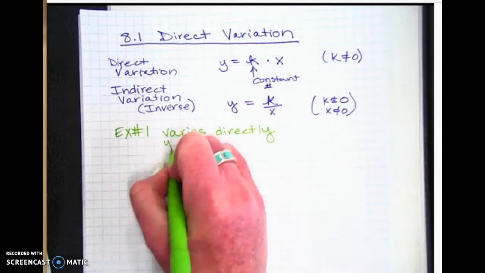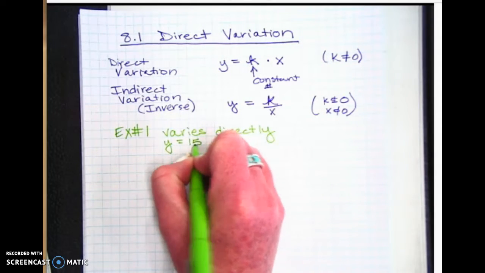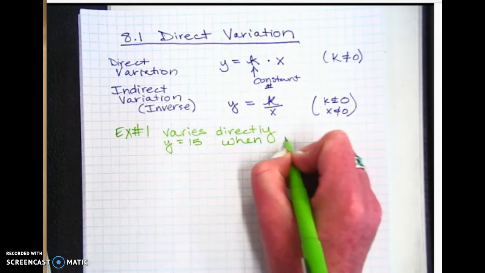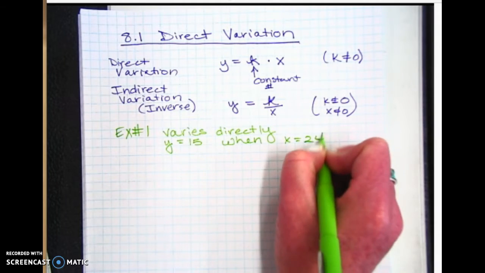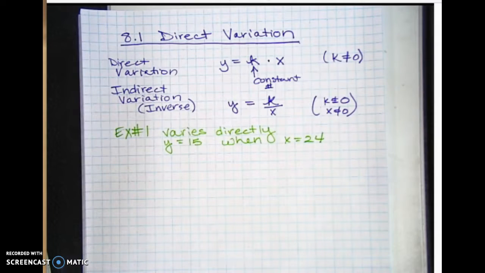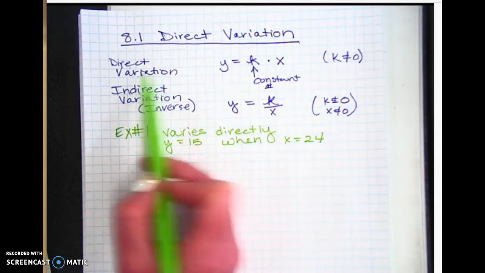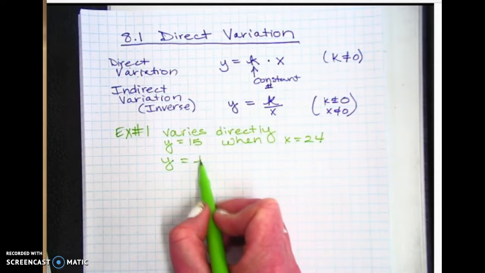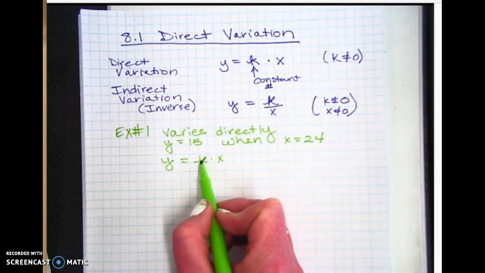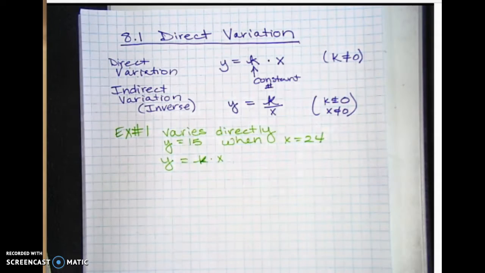And it's going to give you the values. Y equals 15 when x equals 24. Okay? So you're going to start with the equation for direct variation. So you're going to say y equals k times x,